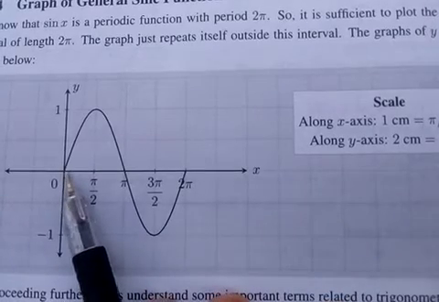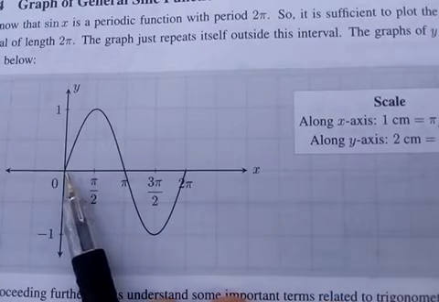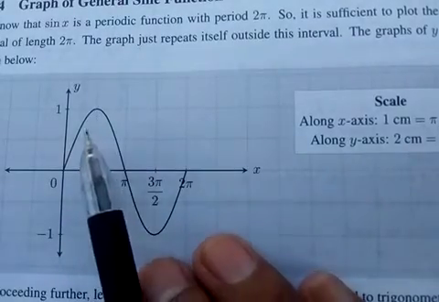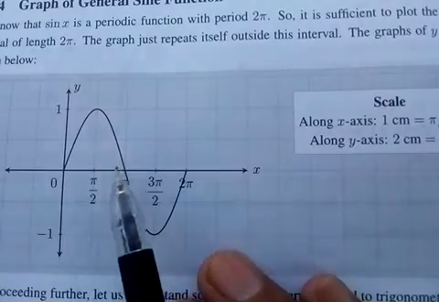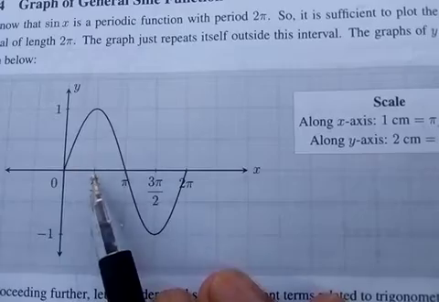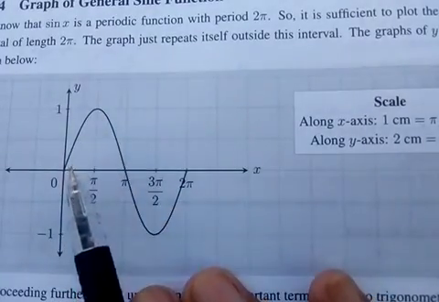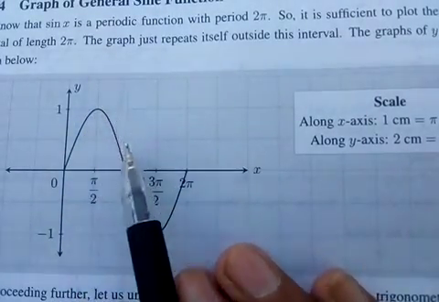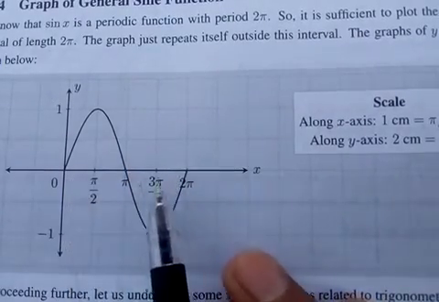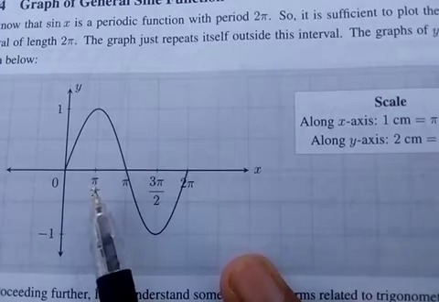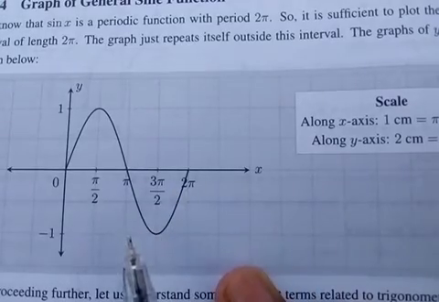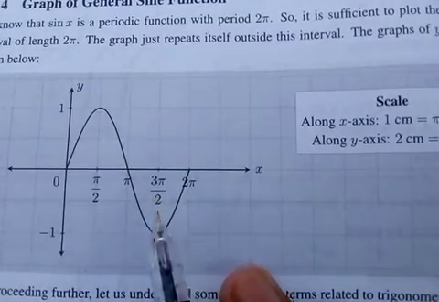We know that sin 0 equals 0 and sin pi by 2 equals 1. If I put x equal to 0, then y equals 0. If x equals pi by 2, y equals 1. So we can draw the sine graph like this. We have the interval 0 to 2 pi, or we can say that sin x is a periodic function with period 2 pi. So we can represent the sine graph on the x-axis and y-axis.